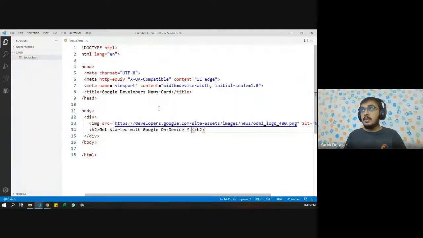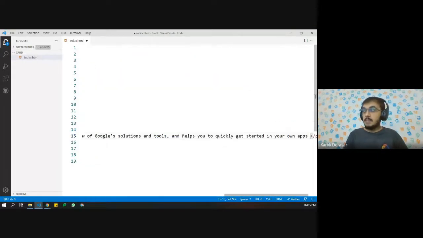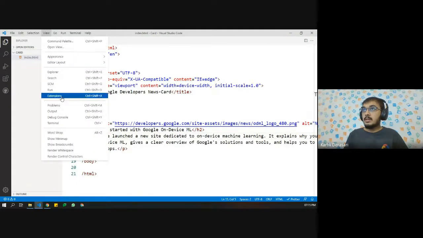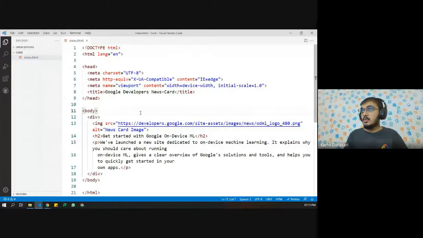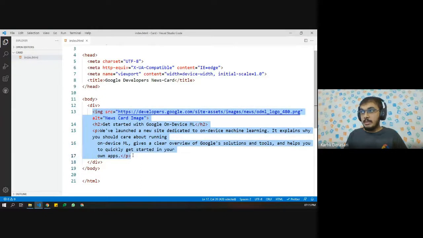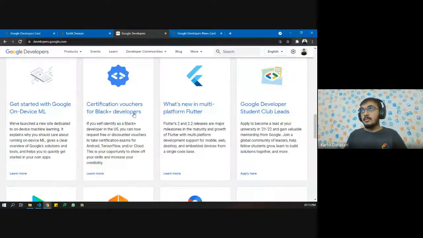Whenever we want to input paragraph content, we use the p tag. Let us paste the paragraph. Now you can see that we have created a group of different HTML elements. Clear till now? Everything clear till now?